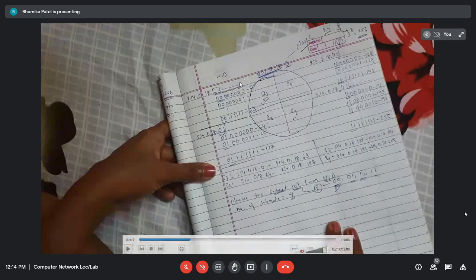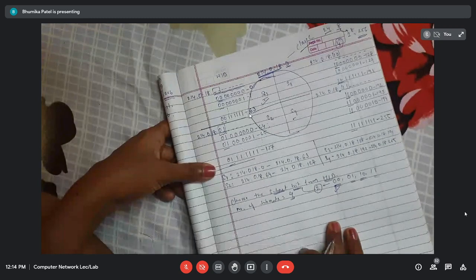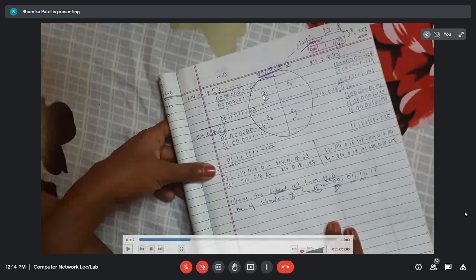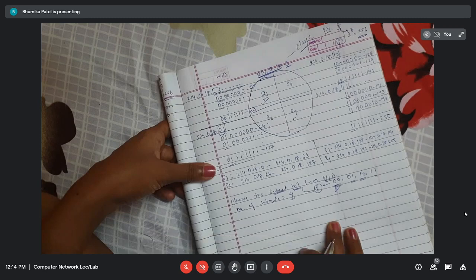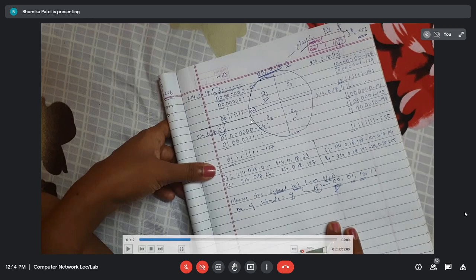So we can say that the first address and the last address we cannot assign to any device, because the first represents the subnet address, and the last represents the directed broadcast address for subnet 1. Similarly, for subnet 2, the IP address 64 represents the entire subnet 2 address. If I want to represent the entire subnet 2, I need a unique IP address, and that IP address will be 64. The last IP address will represent the directed broadcast address for subnet 2.